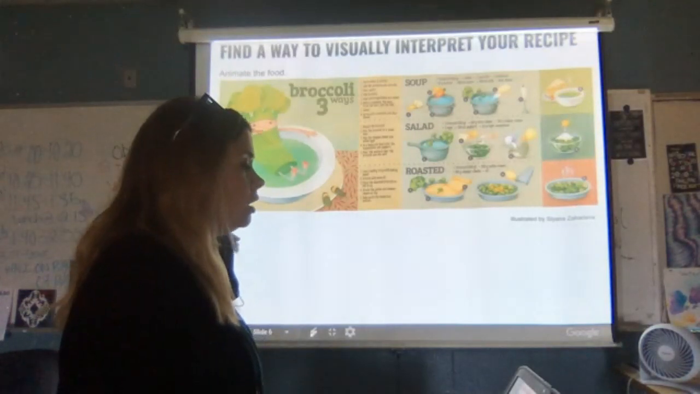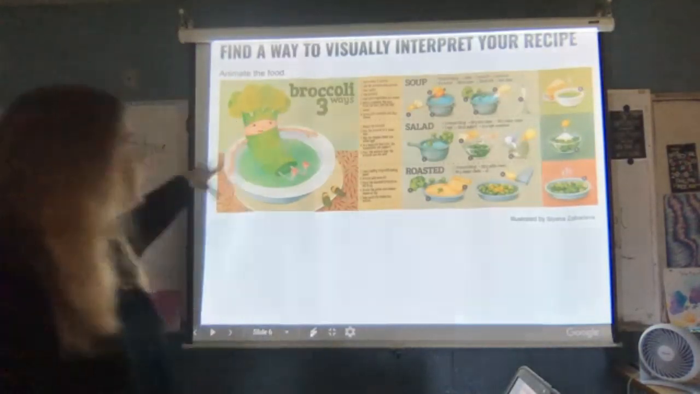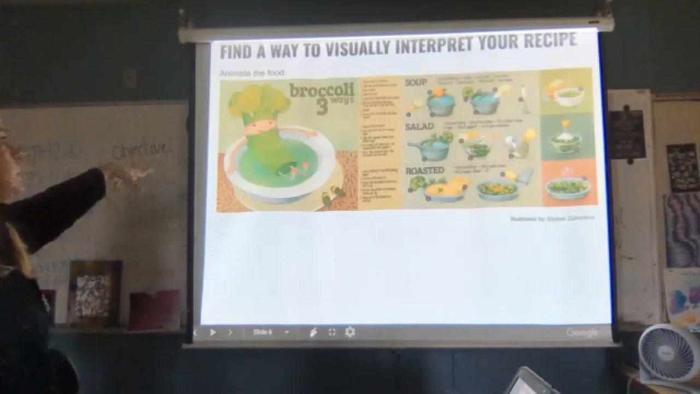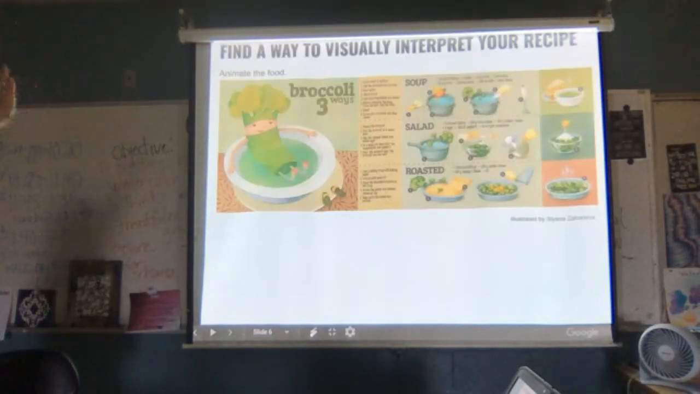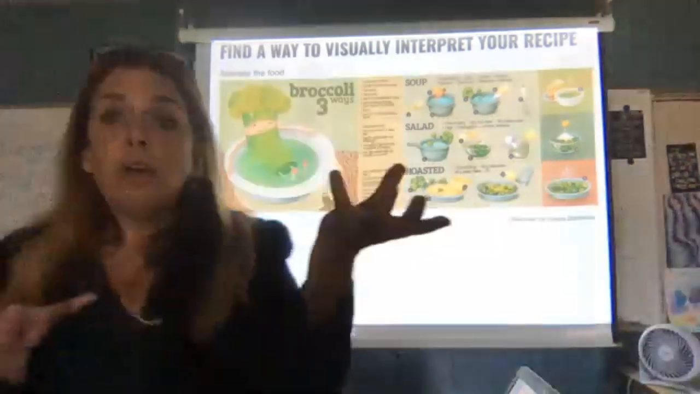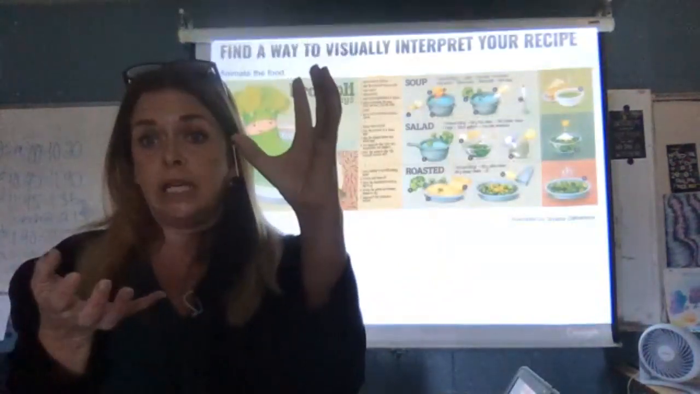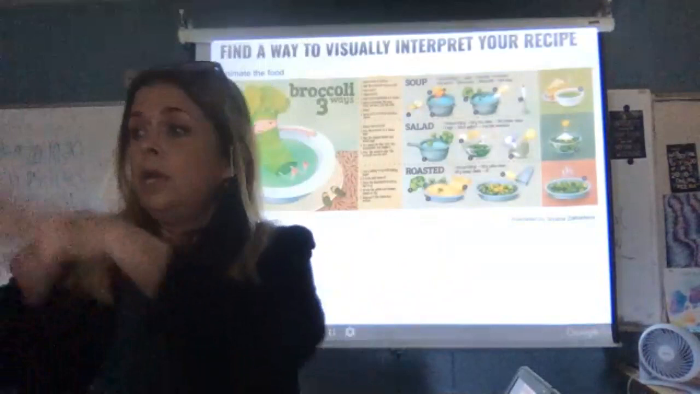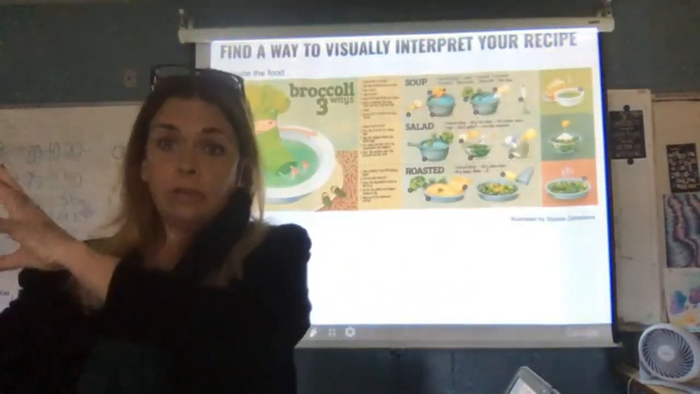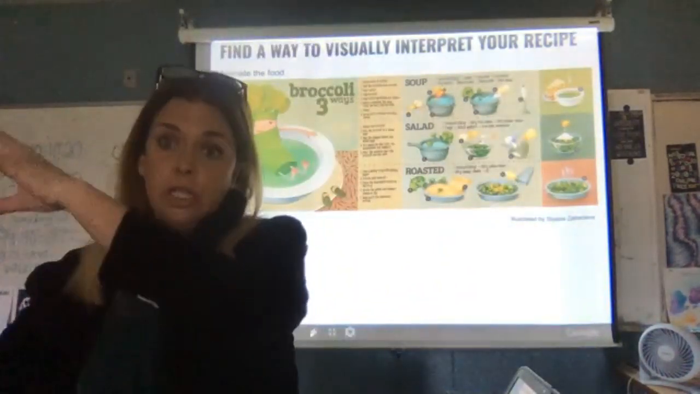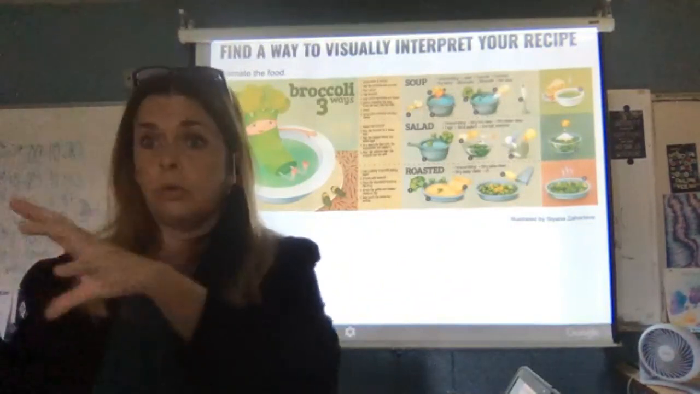This one's cute. Kind of animate the food. This is like broccoli soup, 3 different ways, or what can you do with a piece of broccoli? You can make soup, you can make salad, you could roast it. So you could take a concept of a hot dog. You could take a hot dog 3 ways. You draw it one way, maybe you have an onion sitting beside it, and then the next one, the onion's chopped up. And then the final is the hot dog with the onions, or the chili, or mustard, or